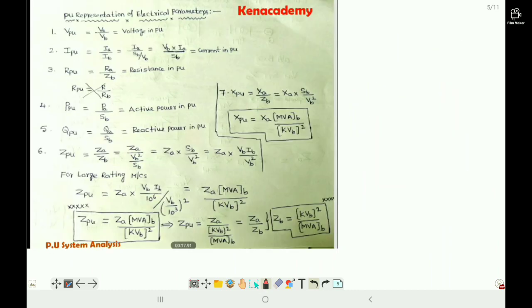Now go for how to represent various electrical parameters in per unit. Students, these are very important formulas during solving of the problems. Okay, the first one is